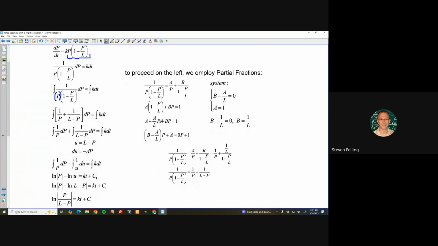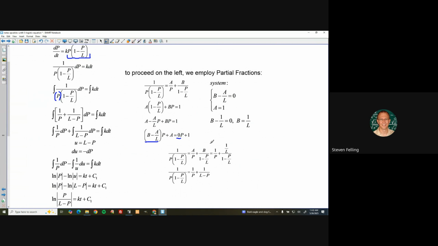if we gather the P terms together, we have B minus A over L P's, and then we have a constant, which is A. And on this right-hand side, we have no P's, and we have a constant, which is 1. We can match up the P's to get B minus A over L is 0, and match up the constants to get A is 1. And then that means if A is 1, you can substitute in here and figure out that B is 1